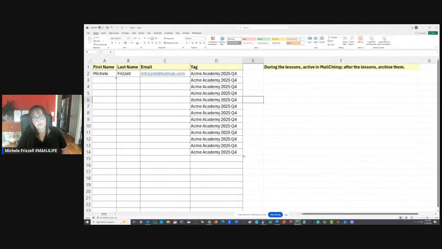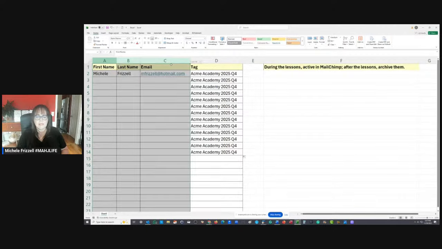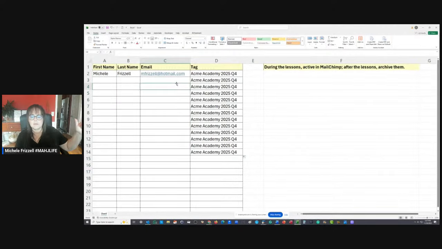But so once you have your list of names, you would upload this into MailChimp. It's just a matter of clicking, pointing. There's a wizard that you walk through, super easy, and it imports them into MailChimp and then it's there. And then in MailChimp, you create an email and you tell it which tag to use for that particular campaign.